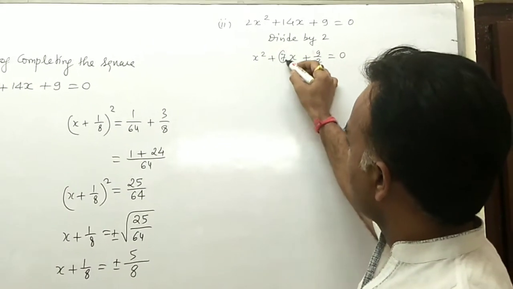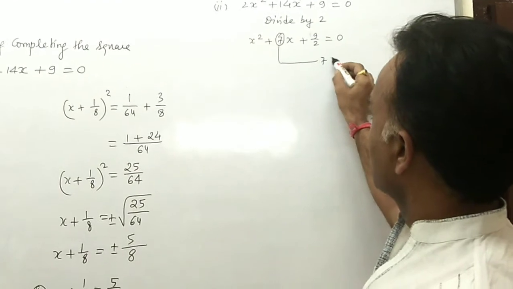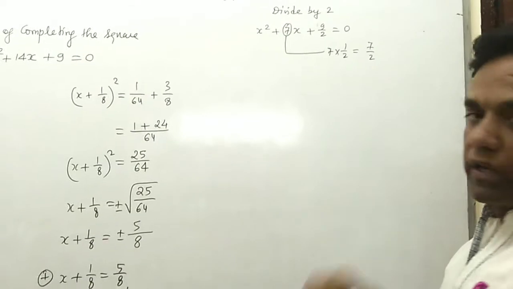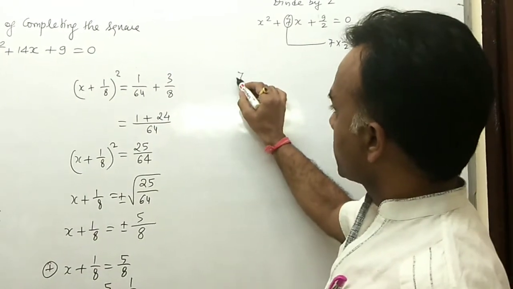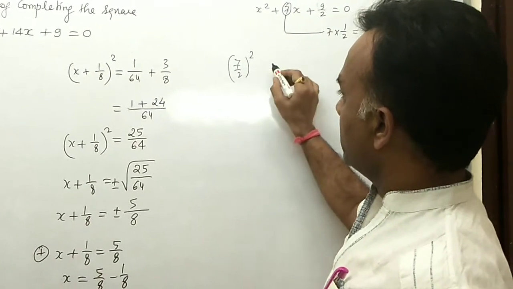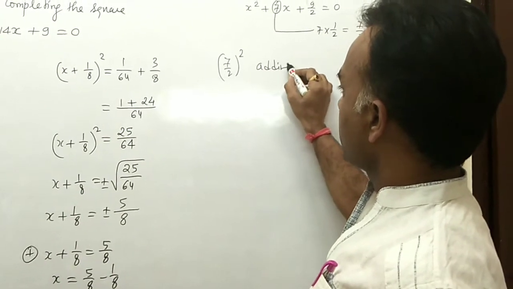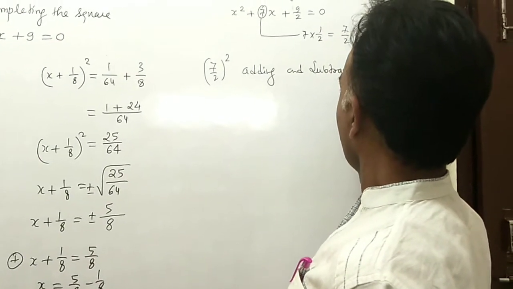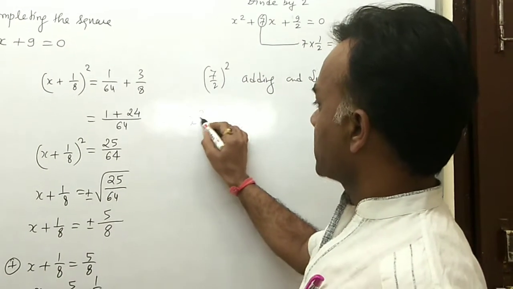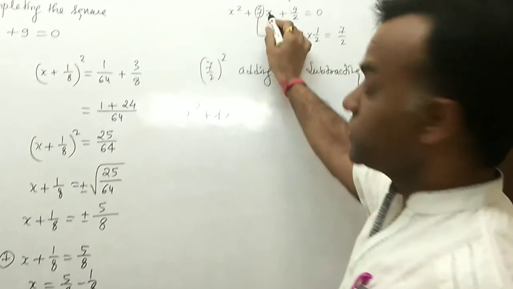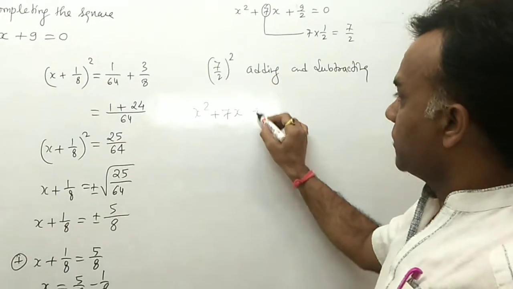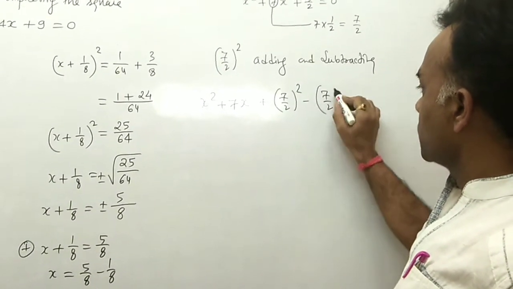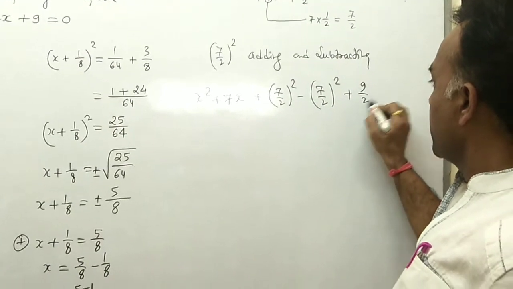Okay, now you bring out your value of x, that is 7. And you multiply 1 by 2, then the resultant term you have is 7 by 2. Now you take the square of the resultant term, so 7 by 2 whole square, and add and subtract it. In the given equation, now you have x square plus 7x. First two terms you put as they are, then write down plus 7 by 2 whole square first, minus 7 by 2 whole square plus 9 by 2 equal to 0.